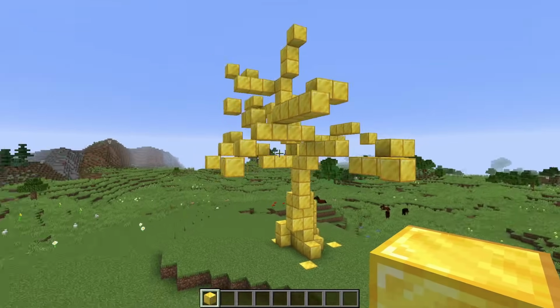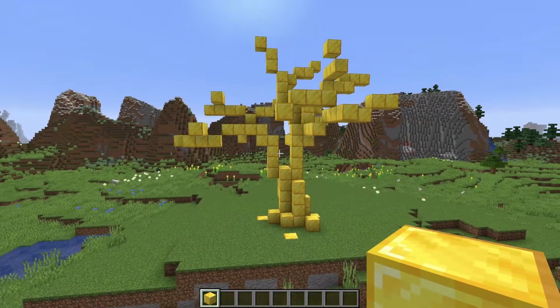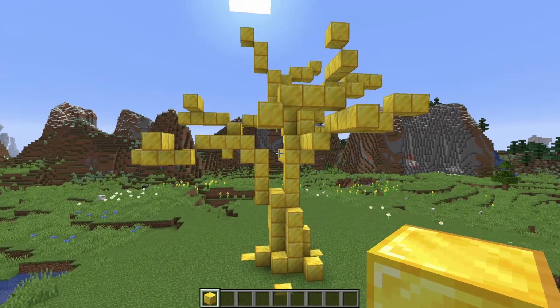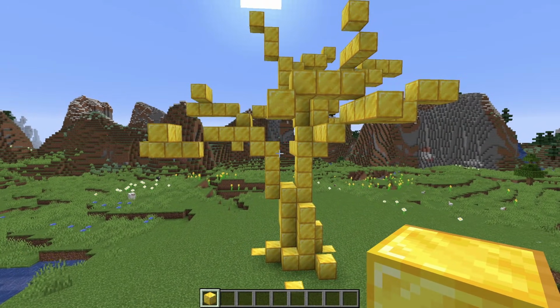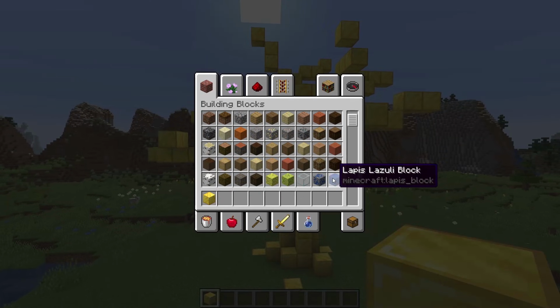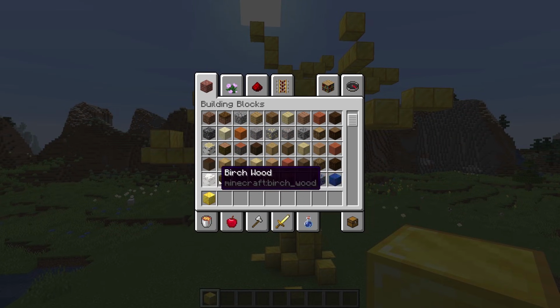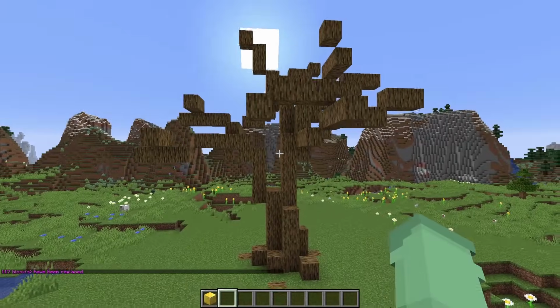Okay, I think I am happy with this shape. Hopefully you guys can follow along with what I was doing here because of the gold blocks, but now I'm going to use some WorldEdit to just replace these with the normal wood block so that it does look like a tree. Obviously, if you are following this, you were using the full log blocks if you have those available to you. There we go, that looks so much better now.